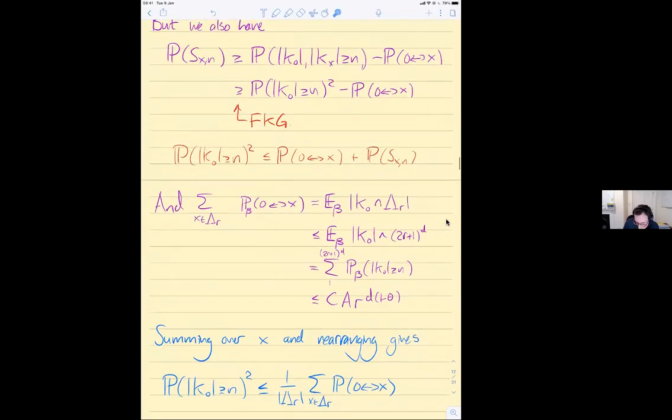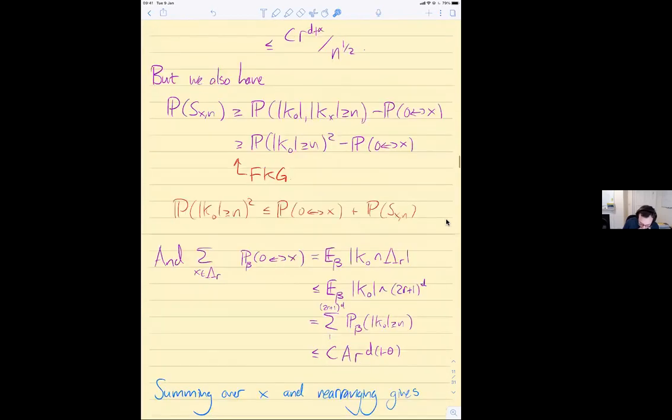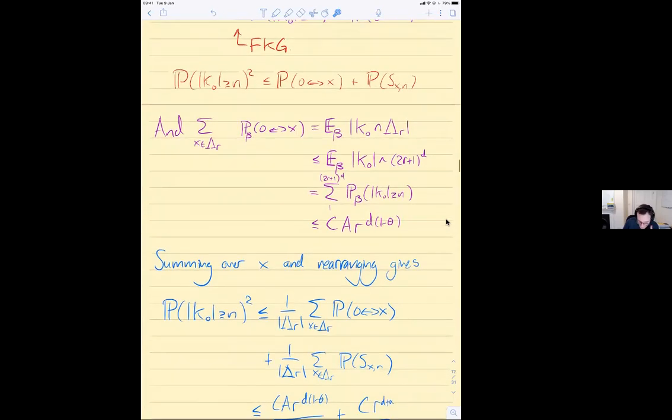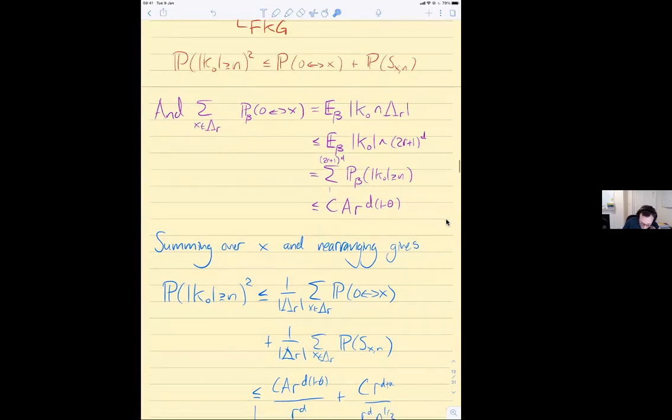So the idea is going to be to use this to get a better bound on the left-hand side than we started with. If we average this inequality over the box, we get that the probability that the origin is in a cluster of size at least n squared is bounded by this average connection probability plus this average two big clusters probability. The second one we already saw how to bound. The first one,